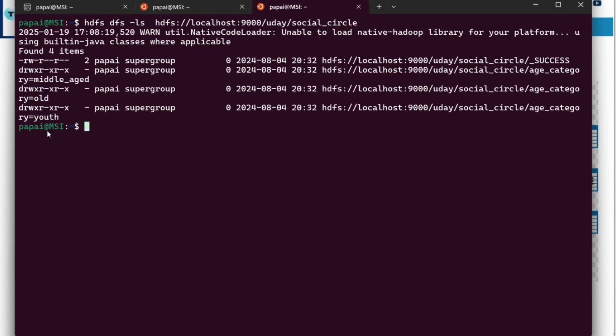When I created the table on top of the social circle location inside Hadoop, Hive didn't find any ORC files, because I put the file format as ORC and the location as social circle slash uday slash social circle. Hive was supposed to find some ORC files inside the social circle folder but couldn't, so at first I wasn't able to fetch any data when I ran the select star query. But with that command, MSCK REPAIR TABLE,